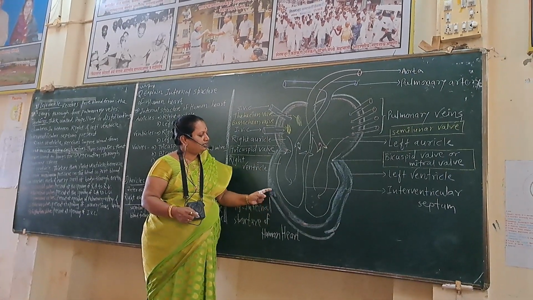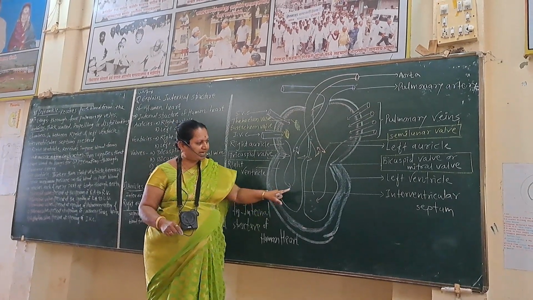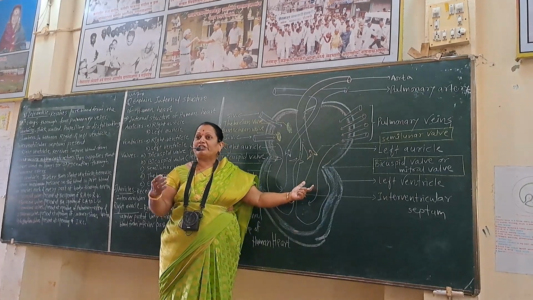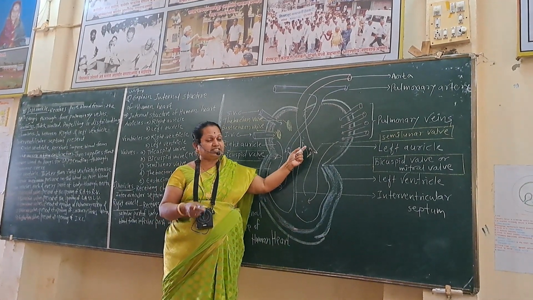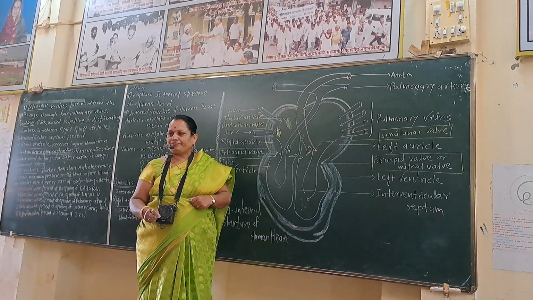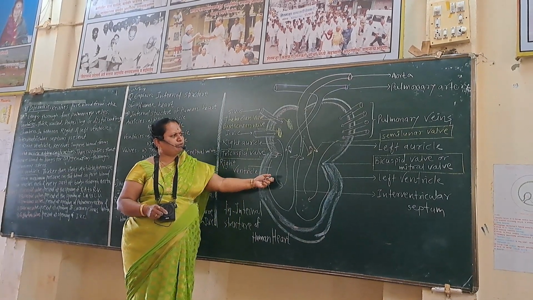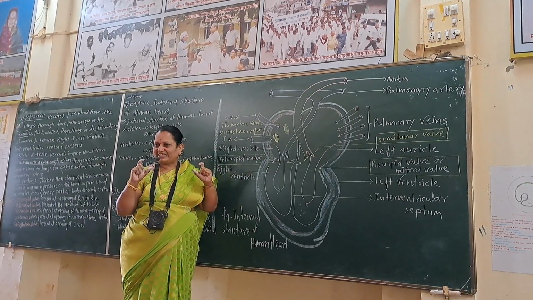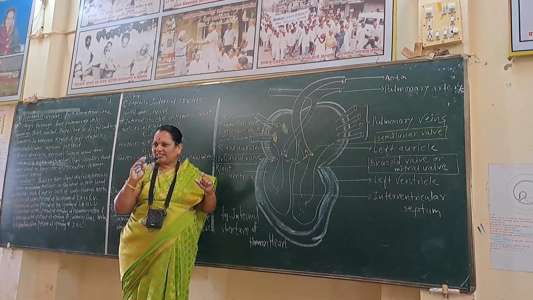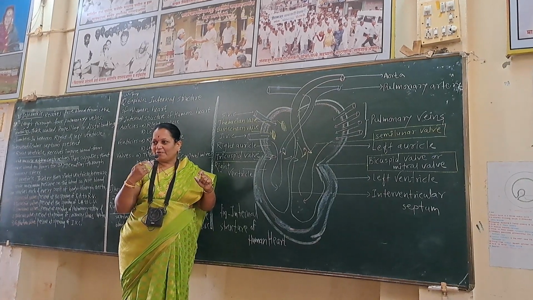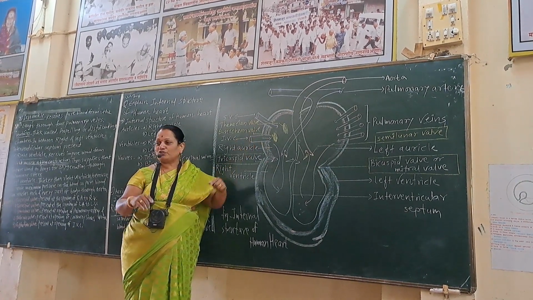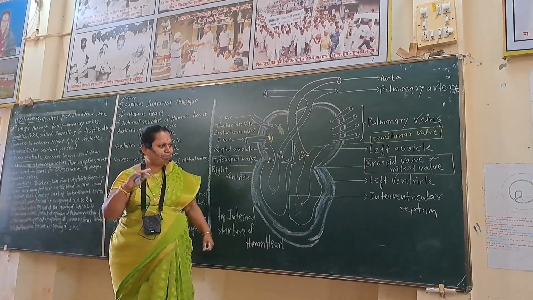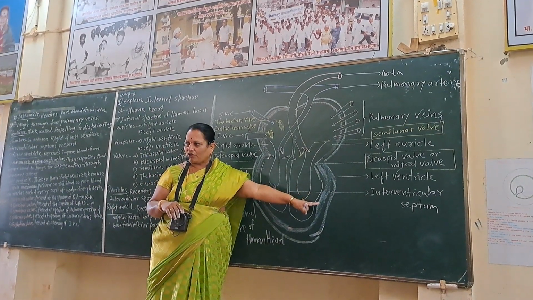Right ventricle thickness is less than left ventricle thickness because left ventricle has to create more pressure on the blood so that blood reaches each and every part of the body. Here, impure blood reaches where? Lungs for purification. Lung is present in the chest. There is no long distance between heart and lung. But pure blood should go to each and every part of the body. Therefore, it is under pressure. That pressure is created by the thickness of the wall of the left ventricle.